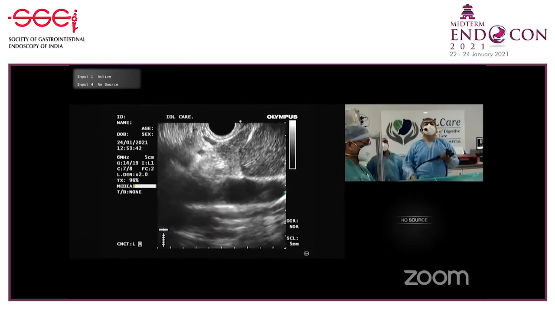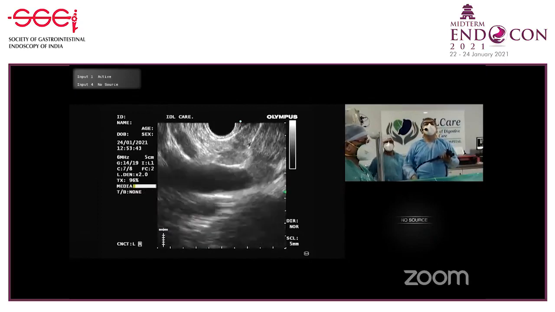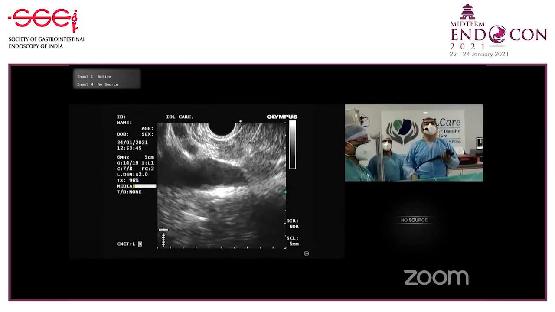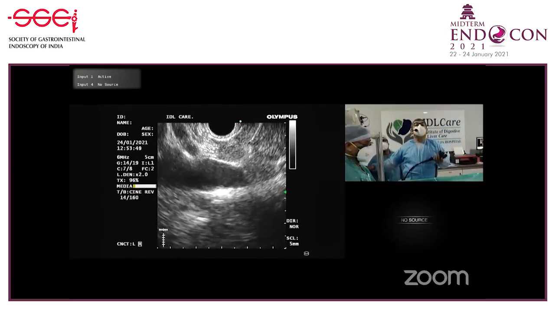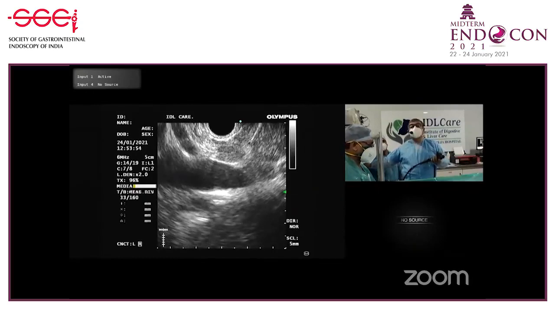Yeah. So if you see, freeze. So if you look at this, compare it to the liver parenchyma always. So this is a lymph node here. Look at the liver parenchyma. This doesn't look hypoechoic. You have some hyperechoic strands within. It has a hyperechoic center, which indicates it is a benign lymph node. It is not round. It is not uniformly hypoechoic, and it has a hyperechoic center.